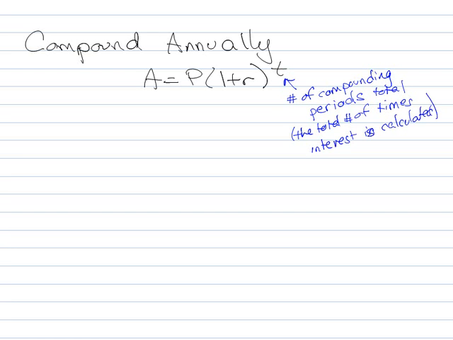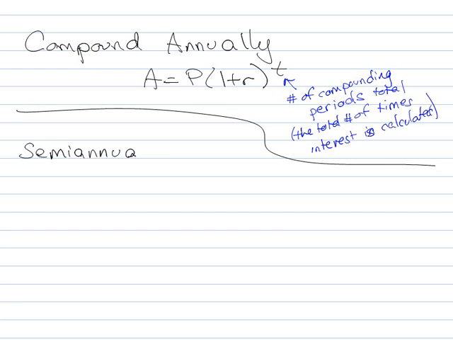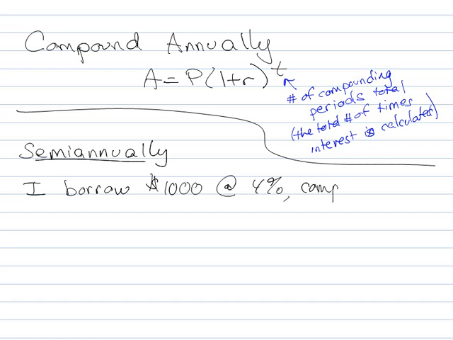So what happens if, say, I borrow money and they compound it semi-annually. So say I'm going to borrow the same amount, $1,000 at 4%, compounded semi-annually. Semi-annually means twice a year. Okay, so let's say after the first 6 months, they're going to say,